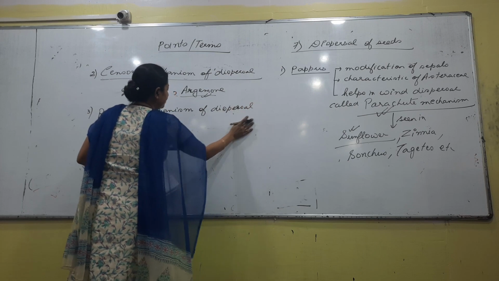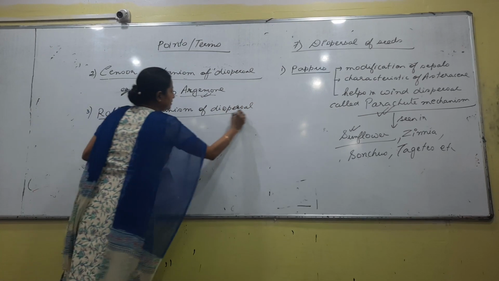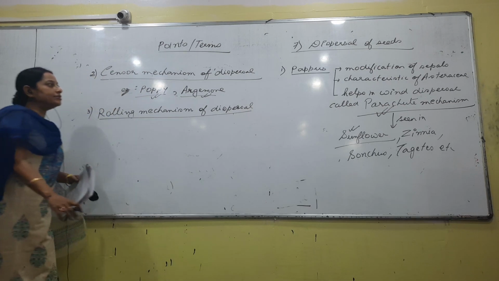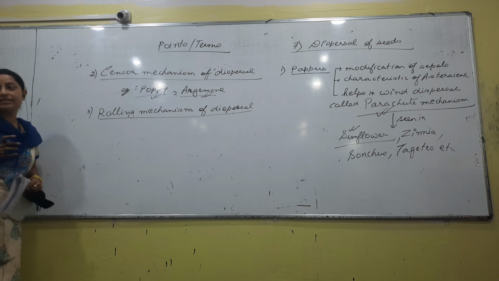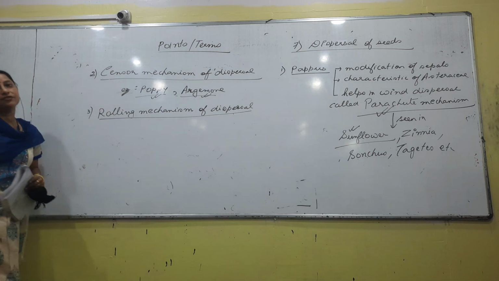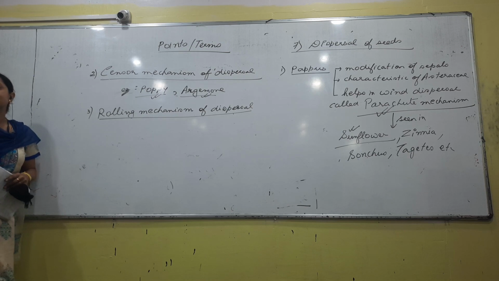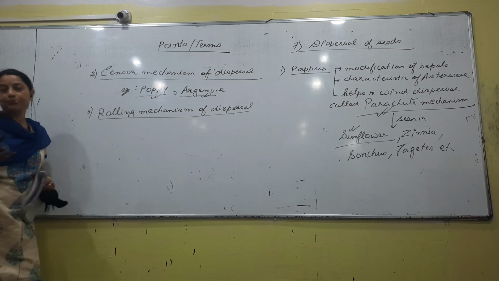Censor mechanism is a process through which the seeds are dispersed at intervals. It is not that all the seeds will get dispersed at the same time. With the coming wind, certain seeds will get dispersed at a time. If the dispersal is like that, that is called the censor mechanism, right? Some seeds, at some times, dispersed, right?